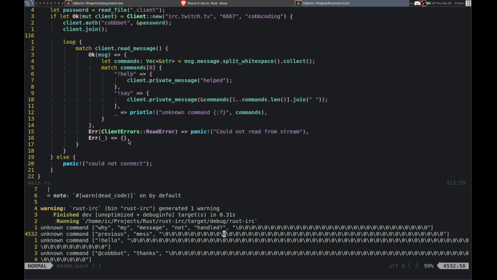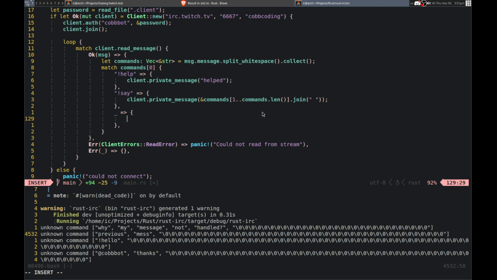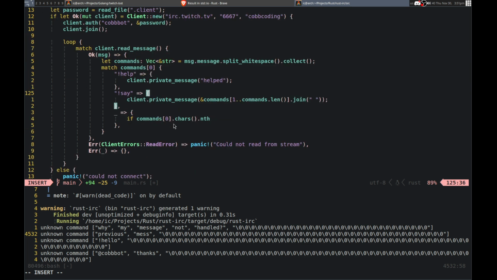Yeah. So otherwise, we just print unknown command. We could say unknown command, but we want to make sure it starts with that. So it's gonna be basically if commands 0, 0. I don't know if I can do that. I think I need to do dot chars dot int. There is a limit though. A limit of I forgot what it was. It's like 128 or something like that. I could increase it, but